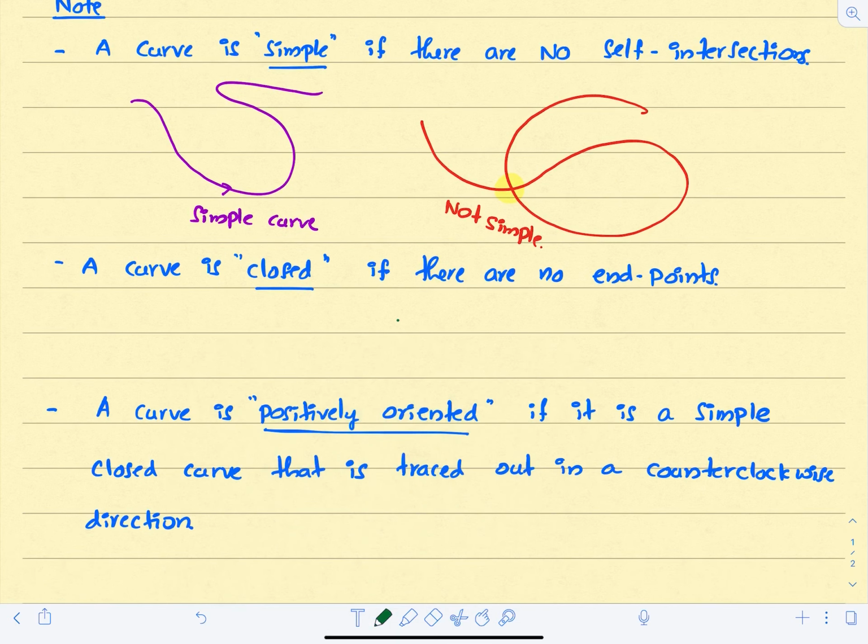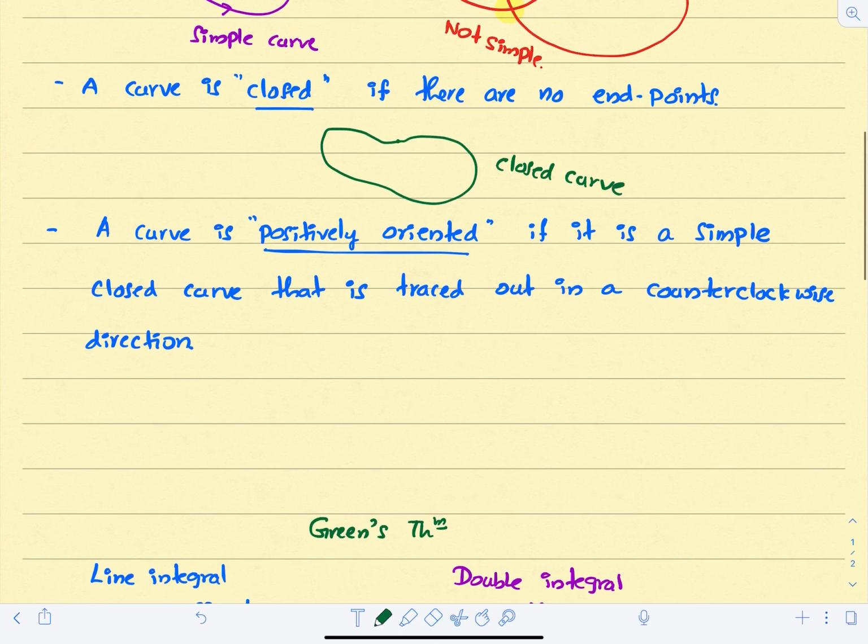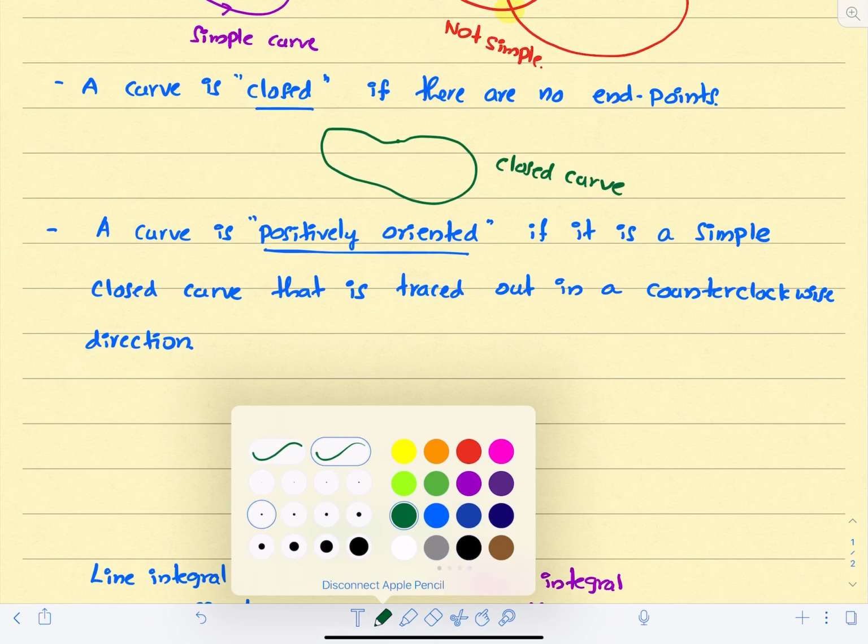So here we have a closed curve, because you cannot pick an initial point and an end point since it's closed. Now a curve is positively oriented if it is a simple closed curve that is traced out in a counterclockwise direction. So let's say we have